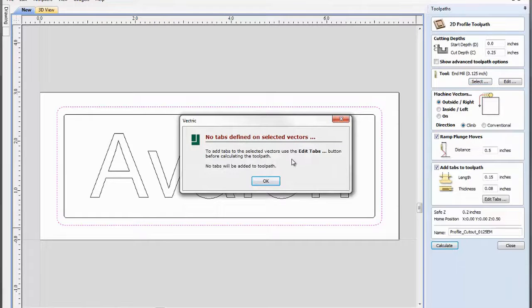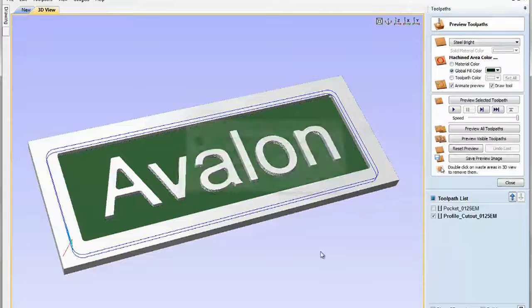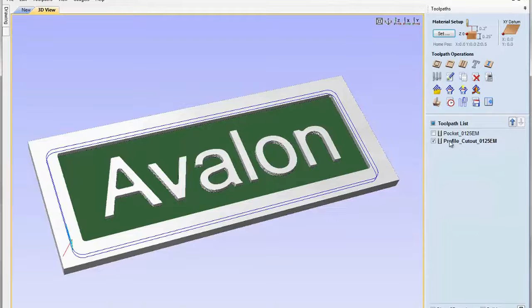We'll see there that the software's warned me that I've told it to add tabs to the toolpath, but I haven't actually told it where these tabs are going to be. So that's given me a warning. Now I can hit OK, and at this stage I could go ahead and preview that, but it's already told me that I haven't added those tabs. So if we just close that, and with that toolpath selected I click on the icon here to